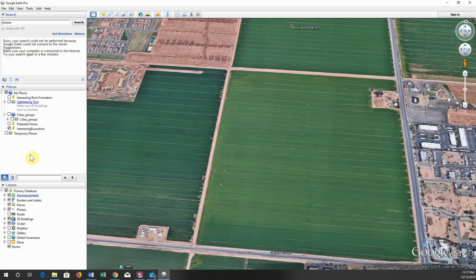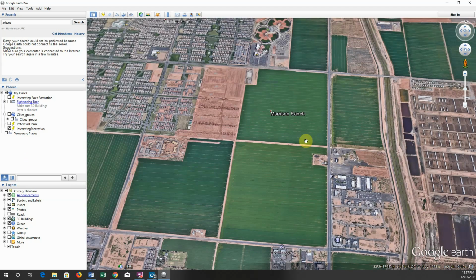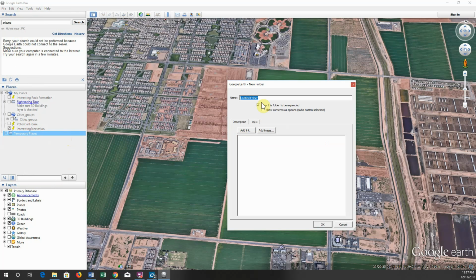So the best way to do that is to start by being very methodical in how you organize your data. So what I'm going to do is right click on my temporary places here, and I'm going to add a folder. This folder is going to be where I'm going to put all the data that I'm going to create. So I am just going to call this